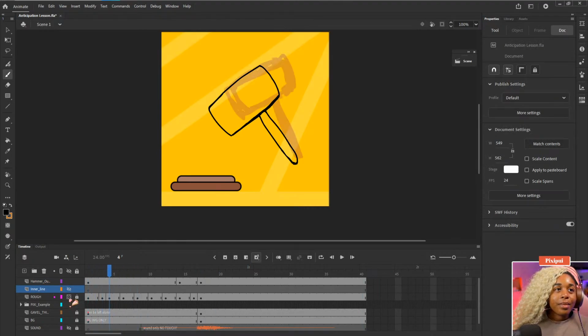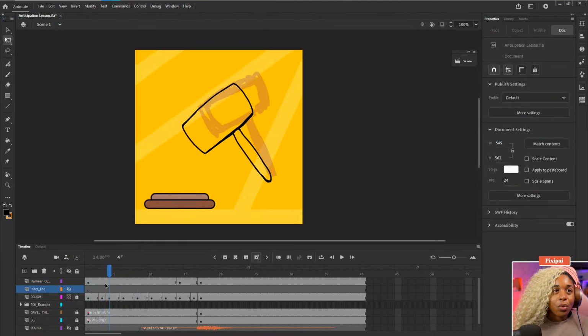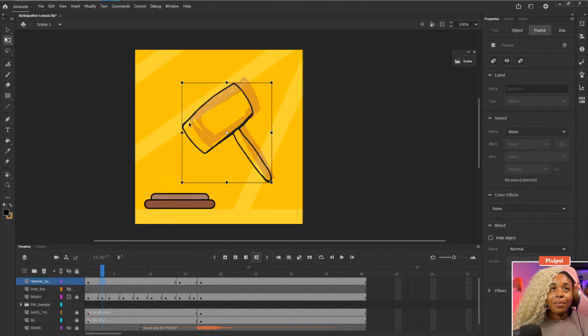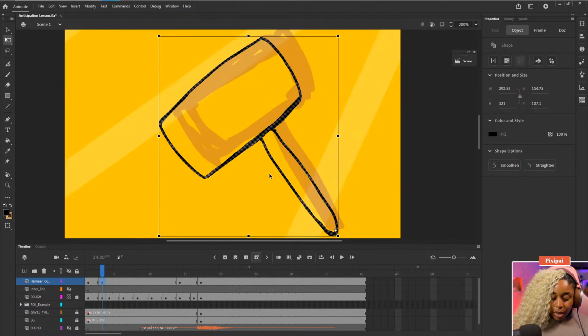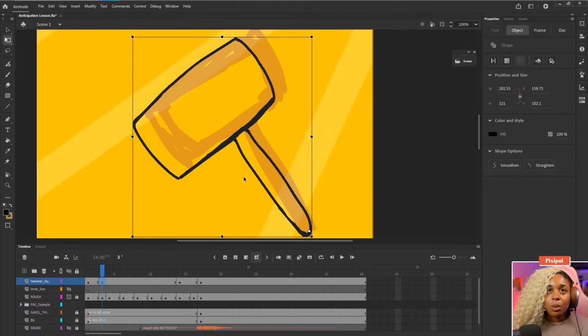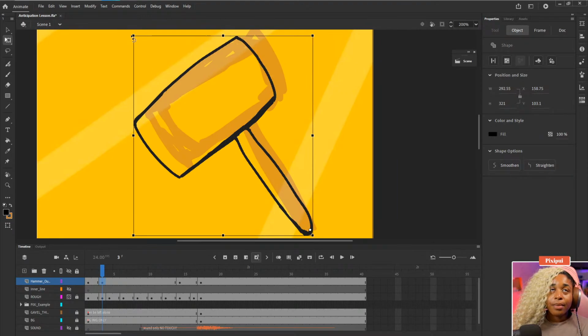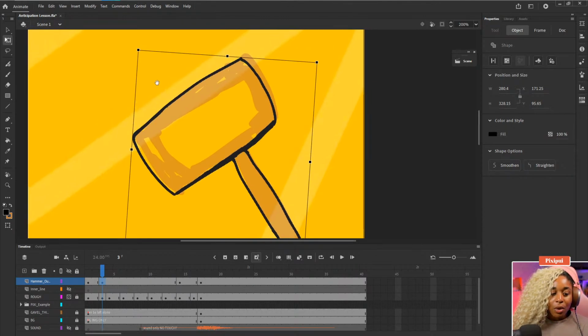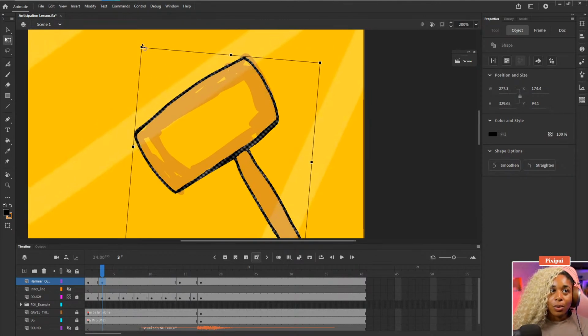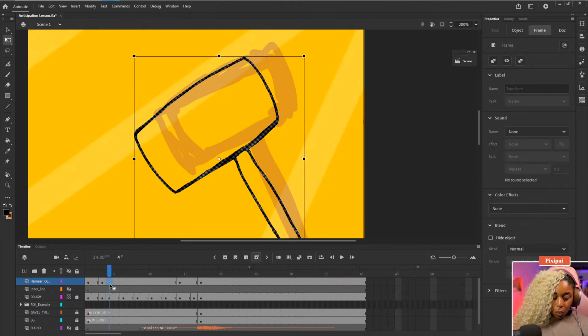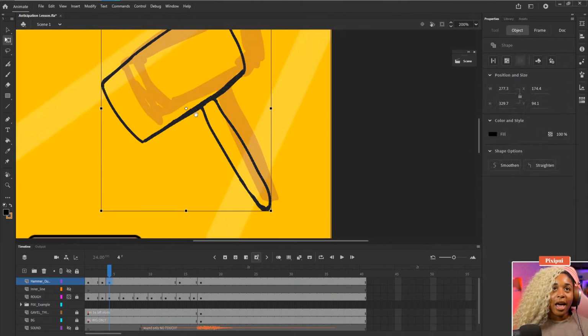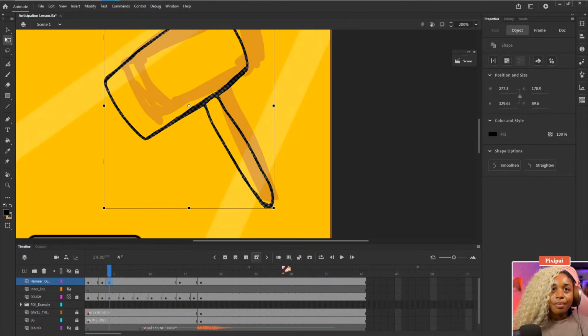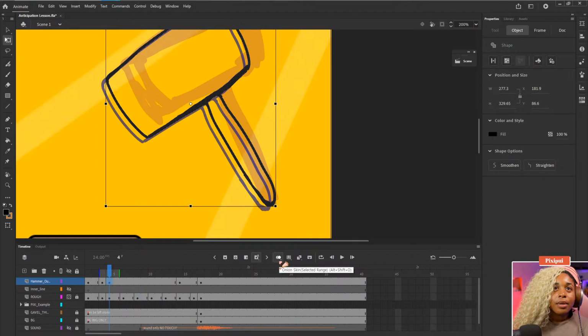All right, and then it's pretty much rinse and repeat. We can see exactly where things are supposed to happen because we've already done it down below. All we have to do is move them into place. So really the longest time will probably be spent on doing the rough and the cleanup, but we're not doing any cleanups right now, so we don't have to worry about those at all. So that's our one frame. That one moves really fast. We'll hit F6 again. Move it up. We can totally put our outline on